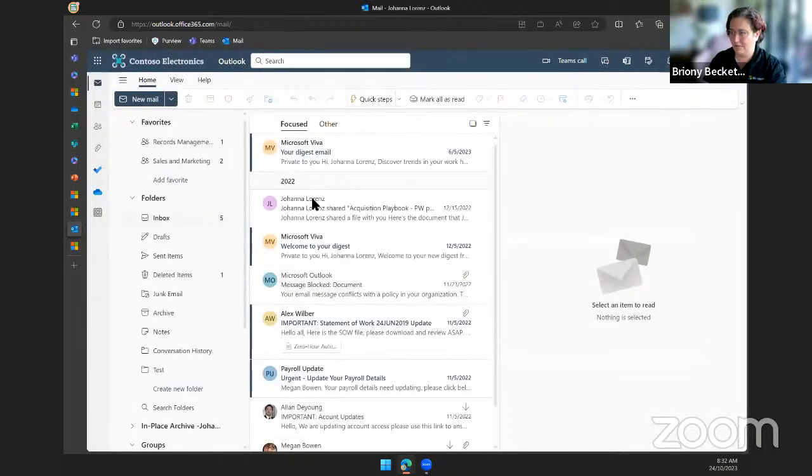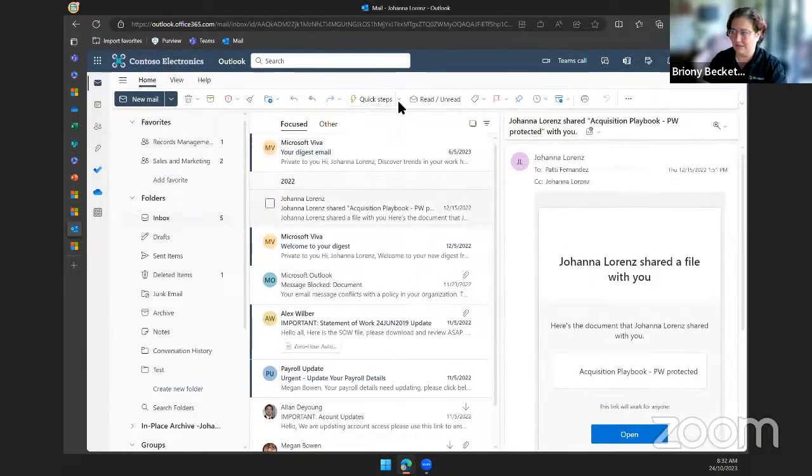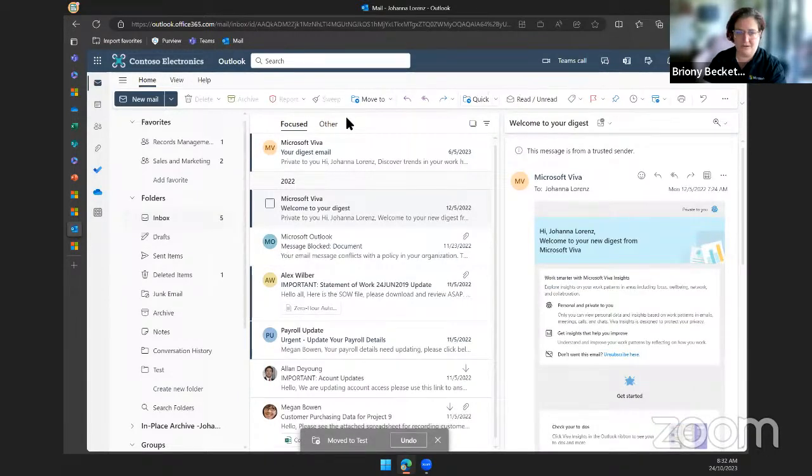Now if I'm going through my inbox and I just want to go, yep, that's filed away, I don't have to scroll down through my list of folders to find it. It's really helping with saving time if there are things that you do a lot within Outlook.